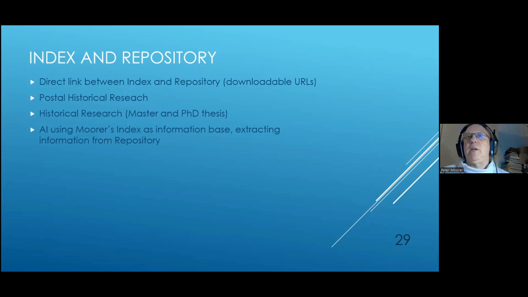You don't find them in many countries, but in Spain and some Latin American countries, I have found PhD theses accepted in history departments. So you never know what's coming from those departments on postal routes, postal history, rates, information on war and the impact on